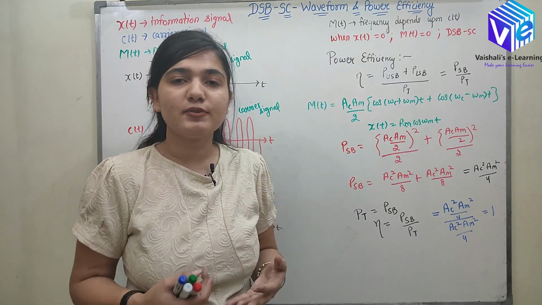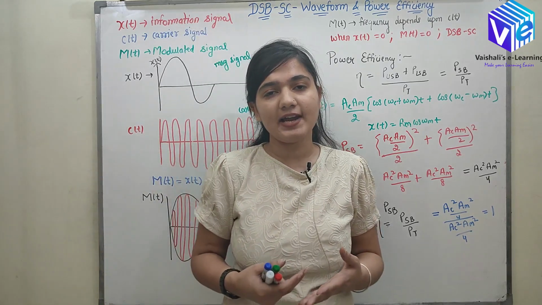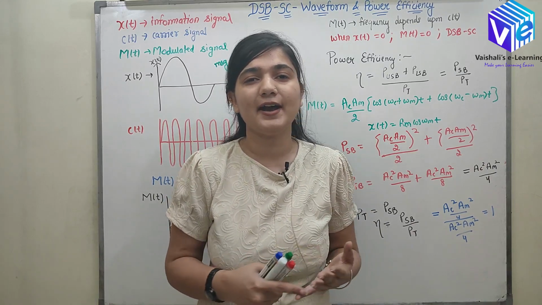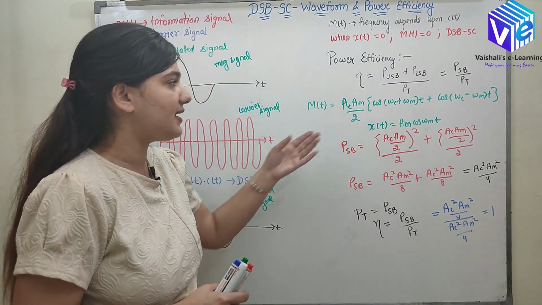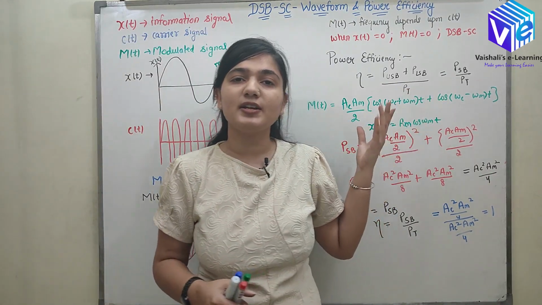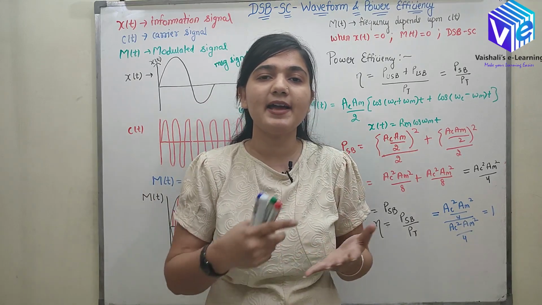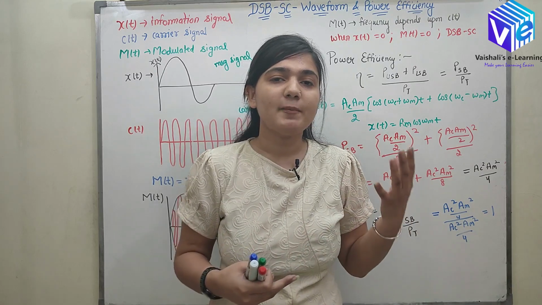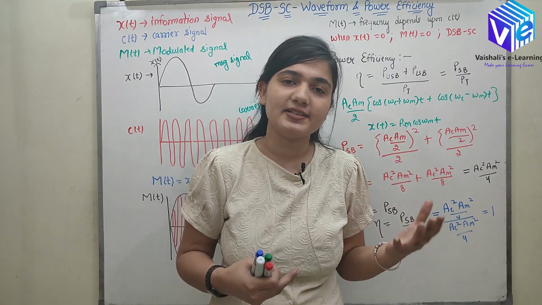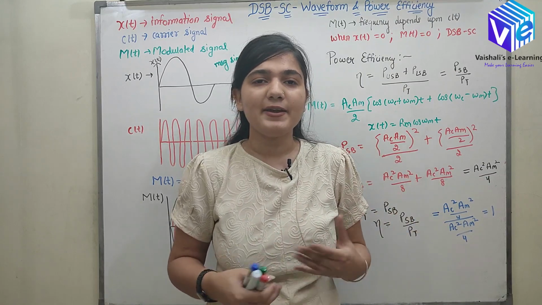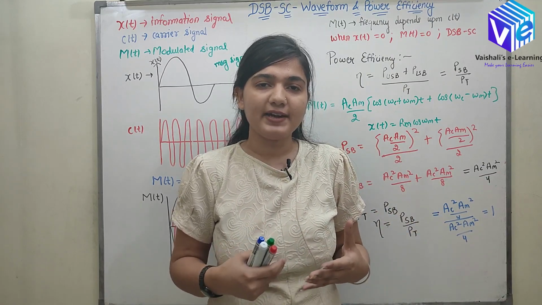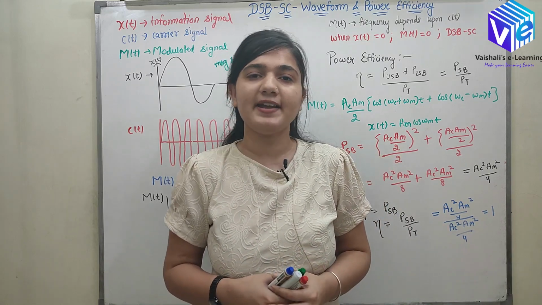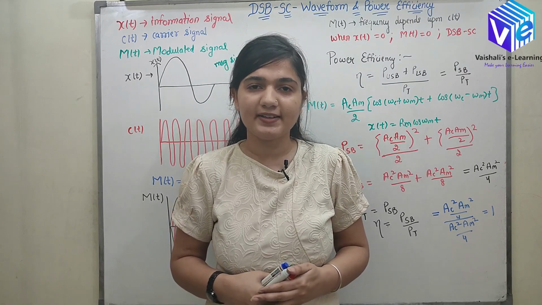Now in my next video I'll be talking about the single sideband suppressed carrier, and how I can find the single sideband. Here I am sending the same information in two sidebands. I have two upper sidebands as well as two lower sidebands. Because of that, the power efficiency and the bandwidth efficiency are getting down. So I'll be removing all these negative effects of the double sideband suppressed carrier with the help of single sideband amplitude modulation. So I'll be stopping at this point for this video.